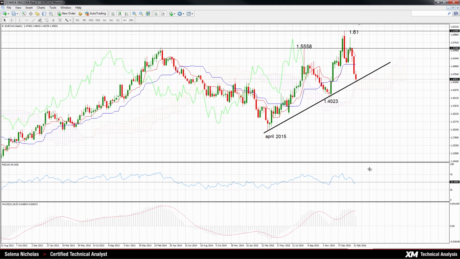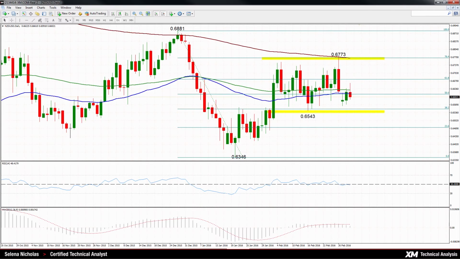Now let's look at another pair. It's the New Zealand dollar versus US dollar. The Kiwi dollar remains in the range here on the short term daily chart since the beginning of February. It's trading between 0.6543 and 0.6773. So we could say there's a neutral bias, and the indicators, the technicals, are supporting this neutral